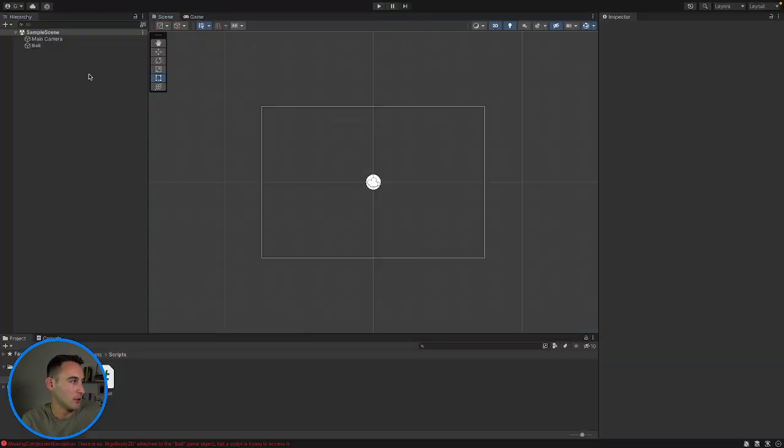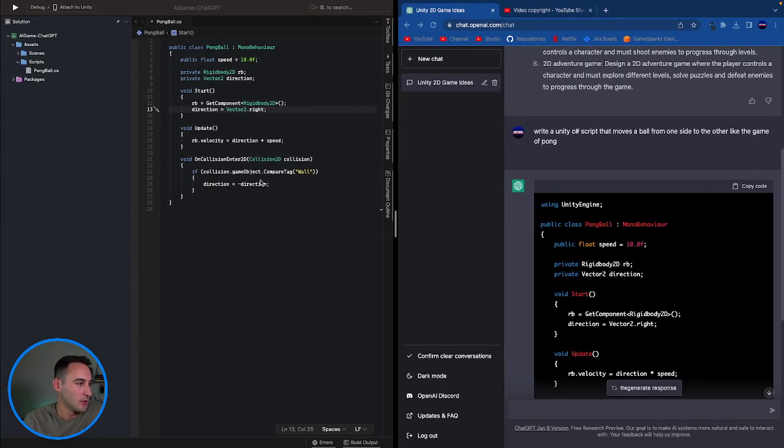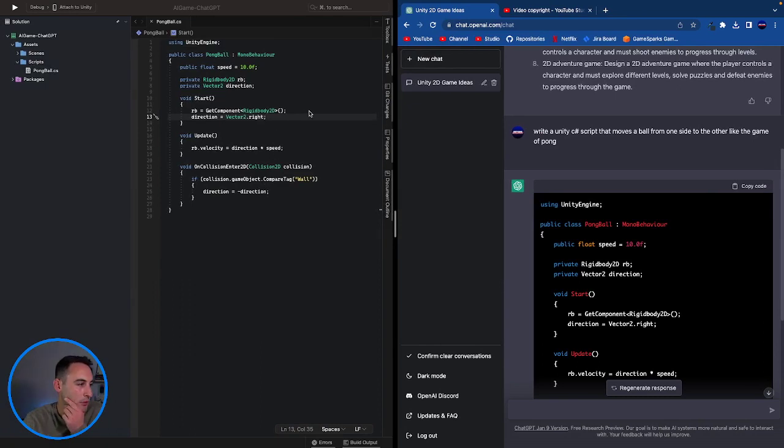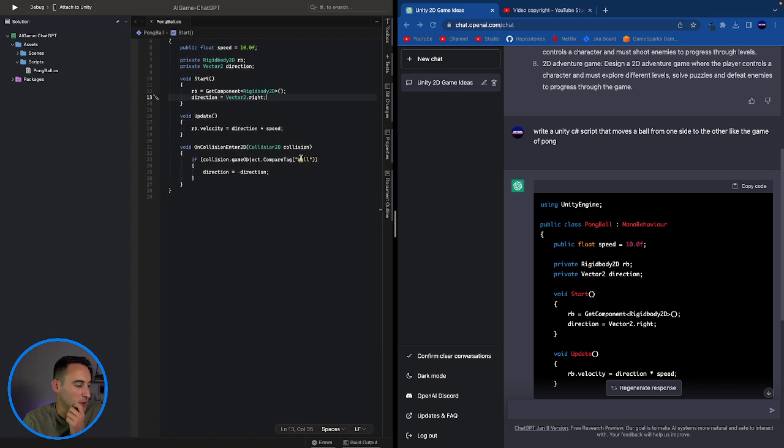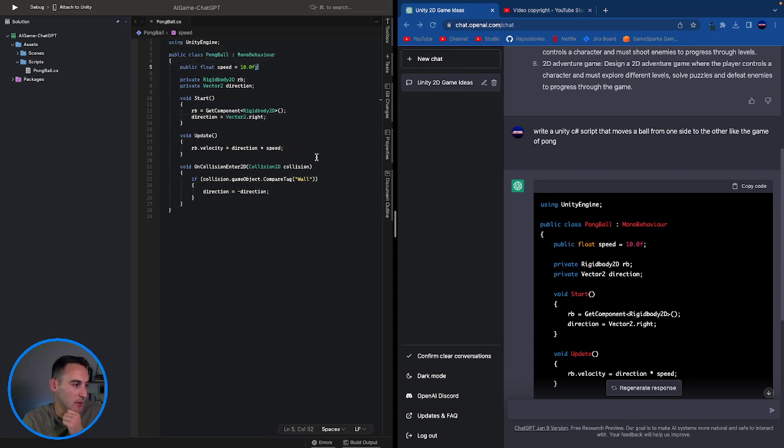Okay, so that doesn't do anything at the moment. So let's go and see what it does. So Start: get the Rigidbody, direction is equal to Vector2.right. Update: velocity is equal to direction times speed, which is times 10. On collision. Okay, so